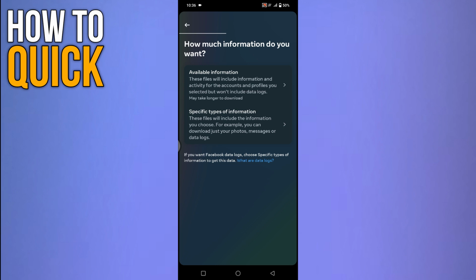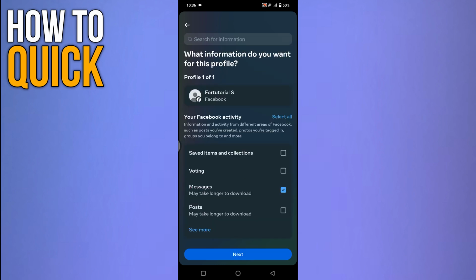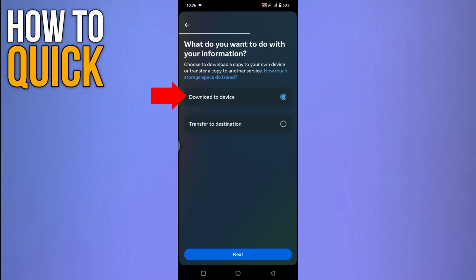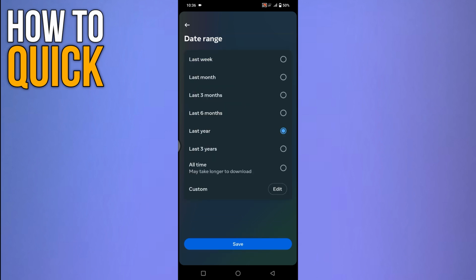After that, tap on specific types of information. Now here select messages and tap on next. Make sure that download to device is selected here. Tap on next. Now here tap on date range option and select the time period of which you want to